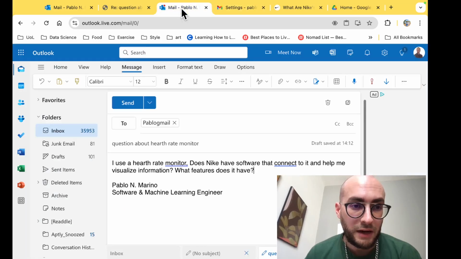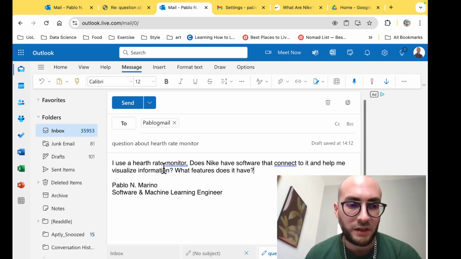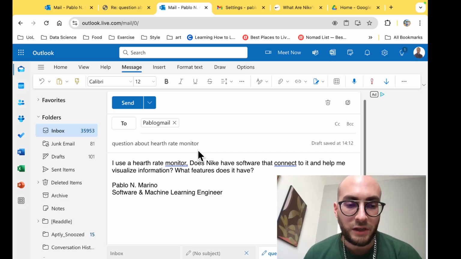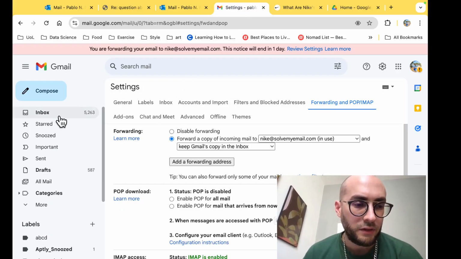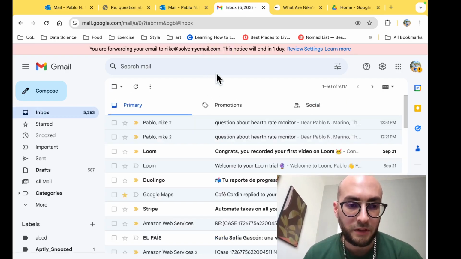So now let's simulate this use case. I am a client, I am a customer, and I am sending a question email to this Gmail account, which simulates your current company's support email account. I am going to send this email, and if we go to the inbox, what's going to happen is that